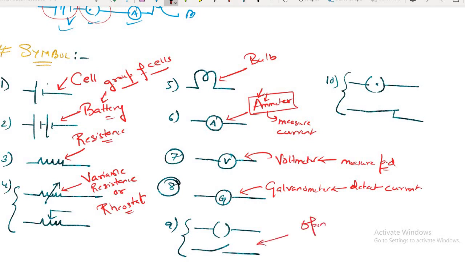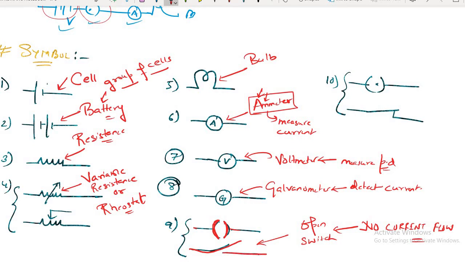What is the symbol of this? Open switch. Does current flow in an open switch? No, sir. No current flows. We have said that current flows in a circuit, and a circuit is a closed path. Can you see that in this switch there is no connection between this half and this half? There is a gap in between. Here one path comes and moves up, and another path moves like this.